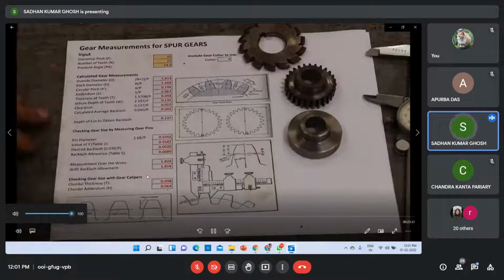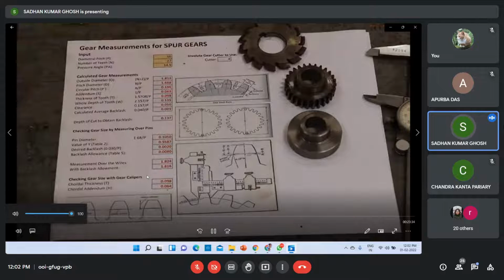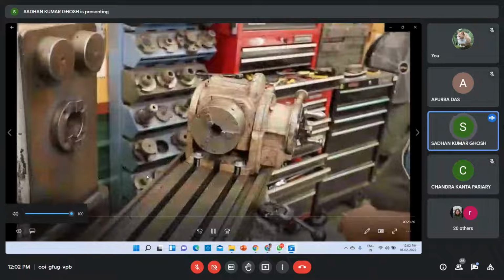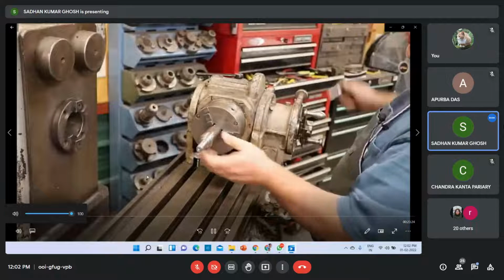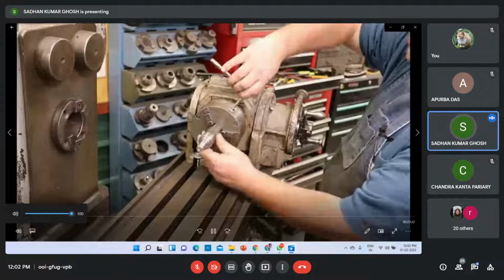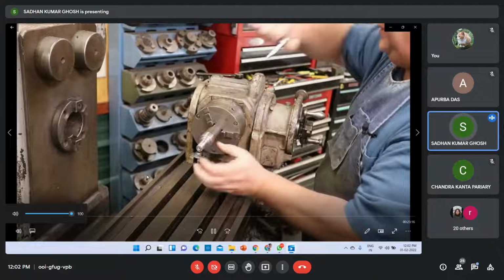So anyway, that's where we're at. We got everything ready that we need. Let's go over to the mill machine, get it set up with the dividing head to start cutting what we need. Got my dividing head up here on the milling machine, and we're going to go ahead and chuck this piece in here. And we're just going to put it into the 3-jaw chuck, get it good and tight.